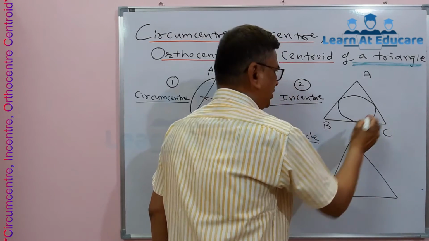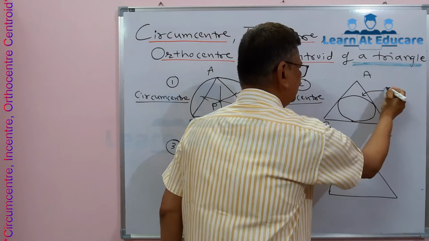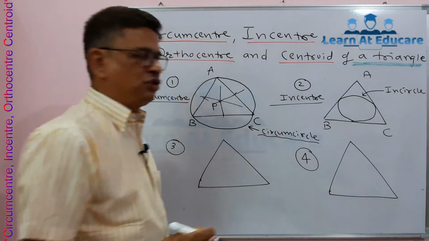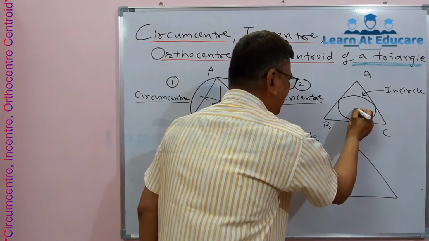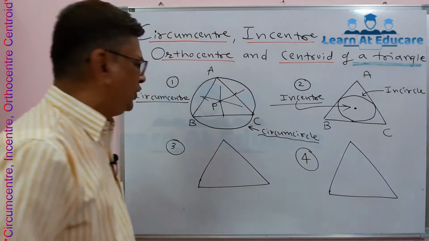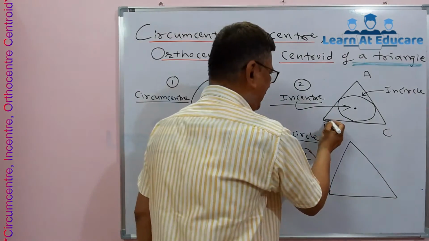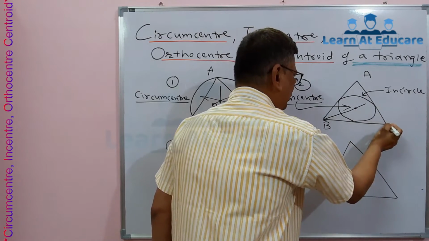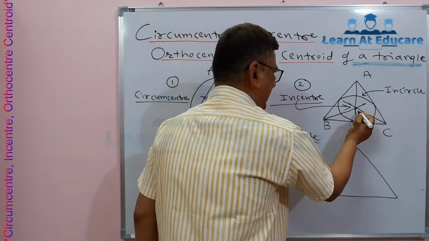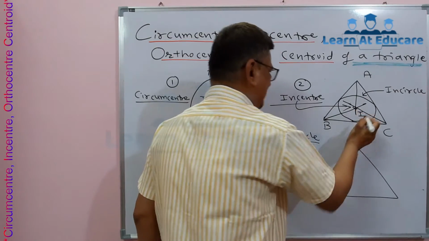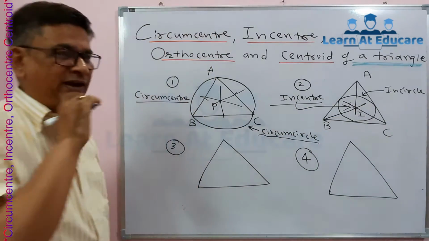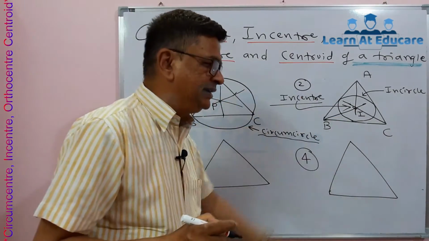This is the incircle of this triangle. How is this incircle drawn? We get its center point, called the incenter. We get the incenter by drawing the angle bisectors of all 3 angles, something like that. And that common point, the point of intersection denoted by capital I, is called the incenter. So we come to know how the circumcenter and incenter can be found.